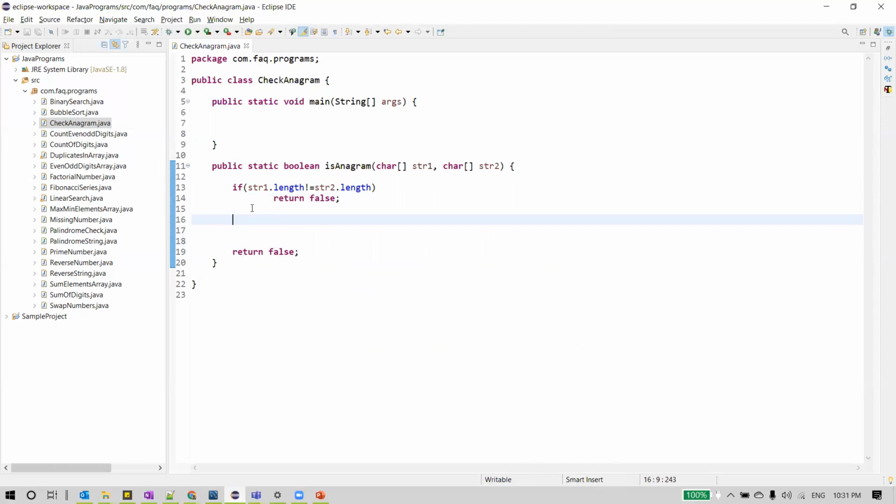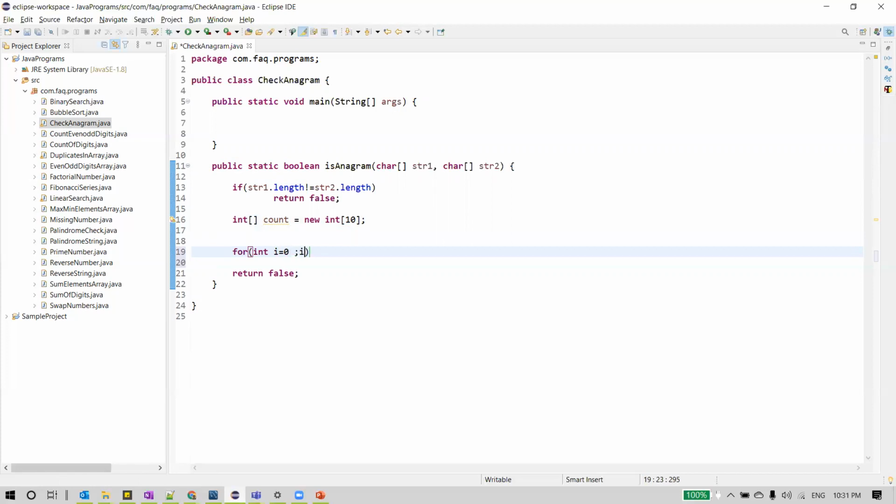Now what to do? For that, I'll create an integer array. We are not sure now what could be the max length of my integer array, so for now I'll just provide some value. We'll come back to this later.